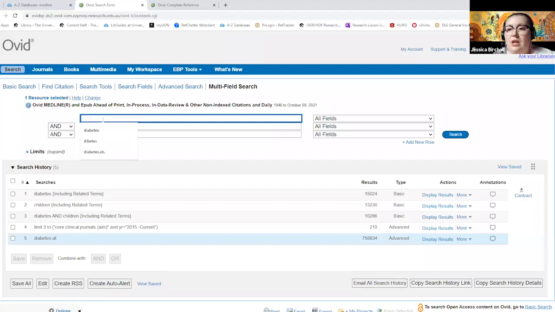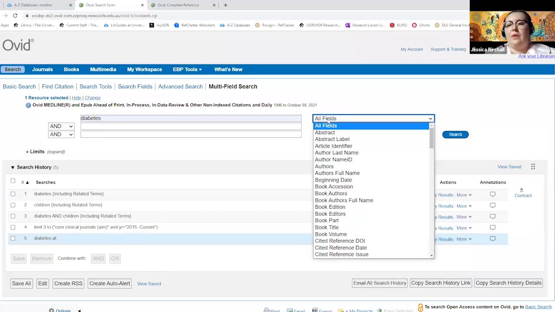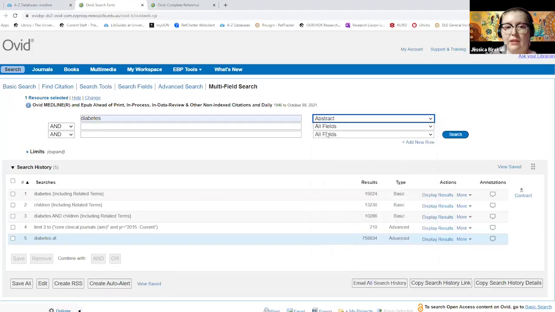If I want to change the field where I want it to look, again, I'll select diabetes. And this is a great way for you to focus your search. So if you want a particular search term to be the focus of your article, it's best to only look in your title and abstract as a guide, because if that particular term is in the title or abstract, it's a safe assumption that it's the focus of the article. So here, I'm going to select abstract